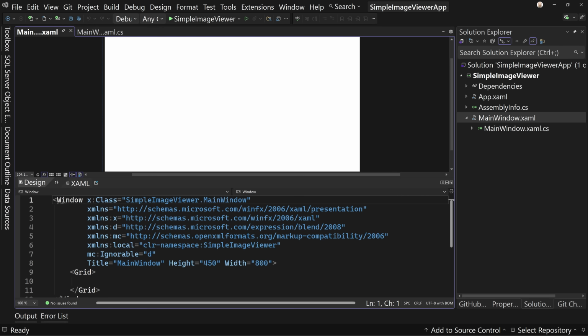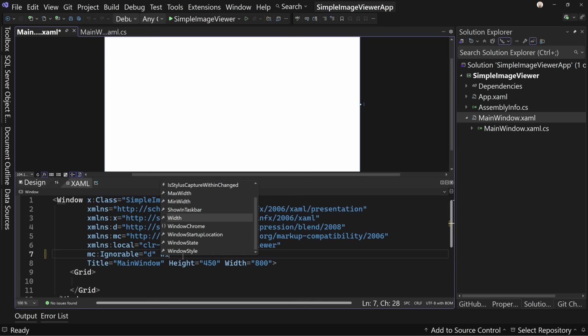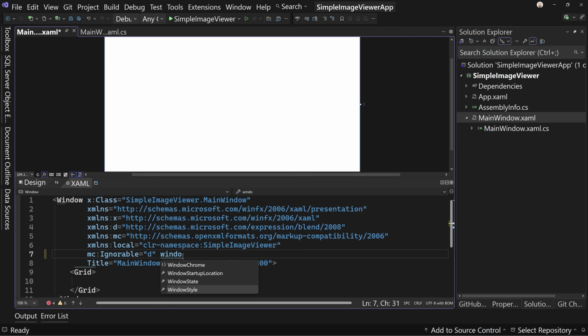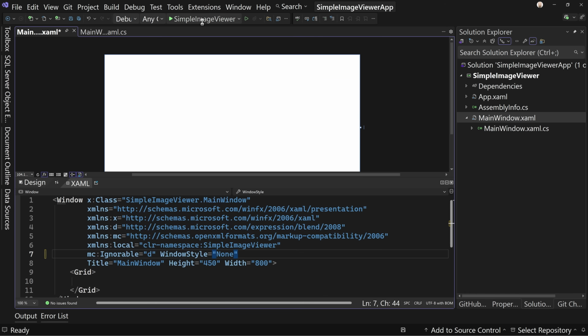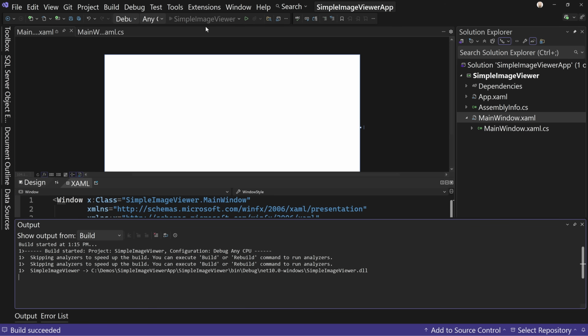Okay, so what we're going to do is we're going to start working through this. There's a number of things we're going to kind of play around with. So we're going to have to kind of come back and forth to different things. But I want to set the window style equal to none. And that's going to take the border off. Notice there's no border anymore. That's important. If we run this application now,